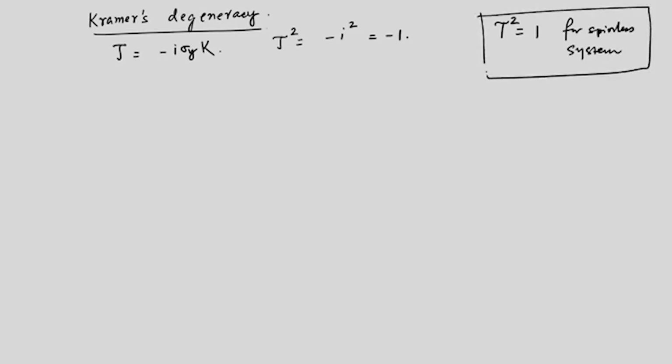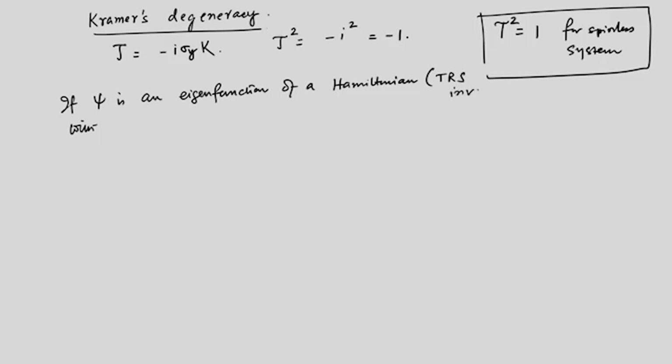Now, this minus 1 actually has a lot of interesting things to go along with, and let me see that and how does it lead to the degeneracy. What happens is that suppose psi is an eigenfunction of a Hamiltonian with energy E. Well, this Hamiltonian is TRS invariant, that is, time reversal symmetry invariant